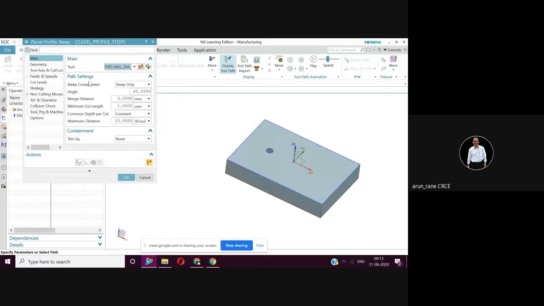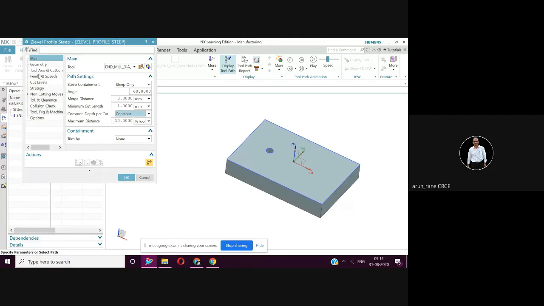In the geometry, you have to be very clear that you have to define the cut area. Here is tool, then strip containment, then angle. By default, whatever values are there, let it be. Common depth cut, we will say constant.